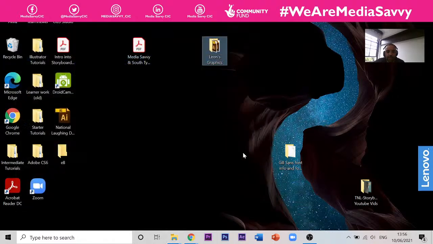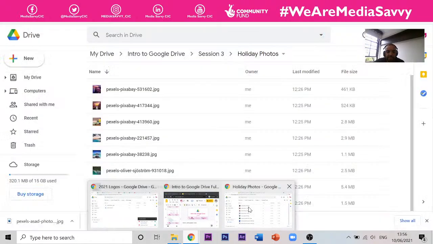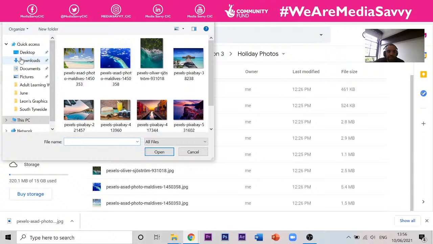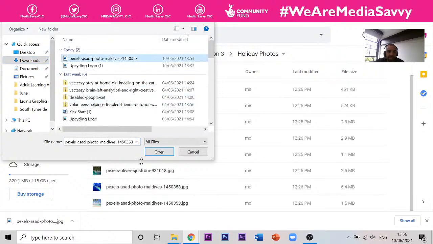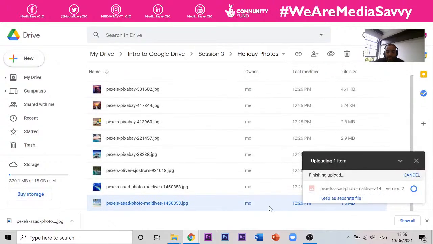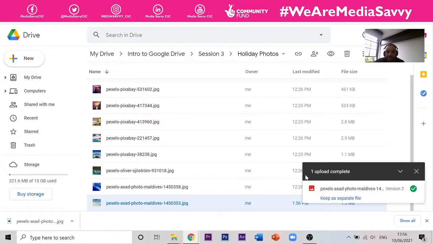However, we don't want to upload a folder for this example. We just want to upload a file. So we're going to click on that, go to our downloads because that's where the image is sitting, and that's the image there. We click open, and that brings in the image at the bottom, and it's uploaded. It just tells you upload complete. So that's how we download images from the internet, they sit on our computer, and then we upload them onto